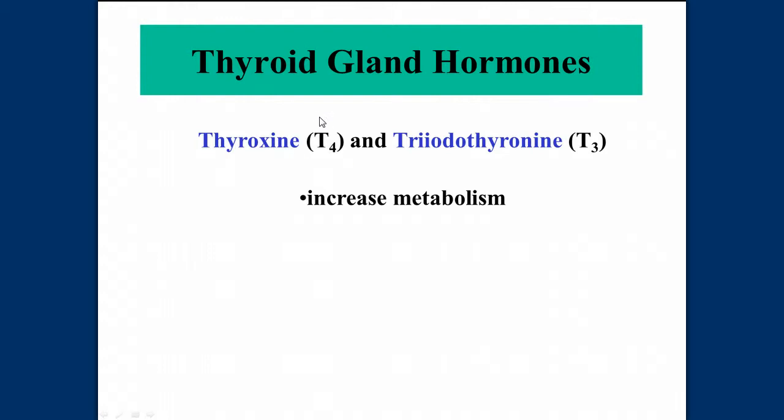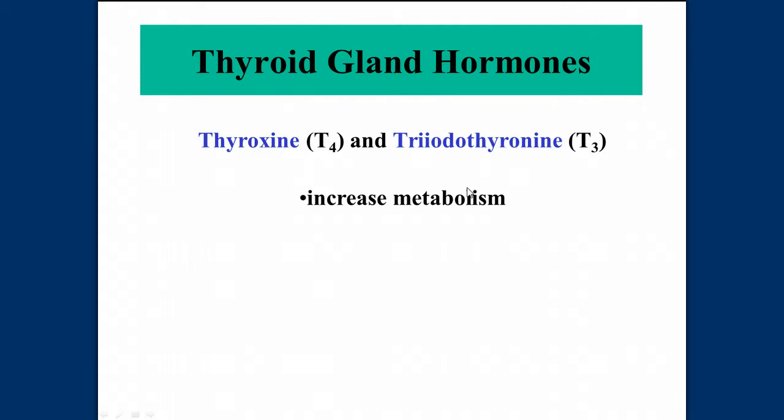Now it could be a problem with the thyroid, or remember that the anterior pituitary will release TSH, thyroid stimulating hormone. So sometimes the pituitary gland is not releasing enough thyroid stimulating hormone, and so the thyroid isn't producing enough T3 and T4, and that is indicated by a blood test. Okay, so the blood test will test for TSH and T3 and T4,